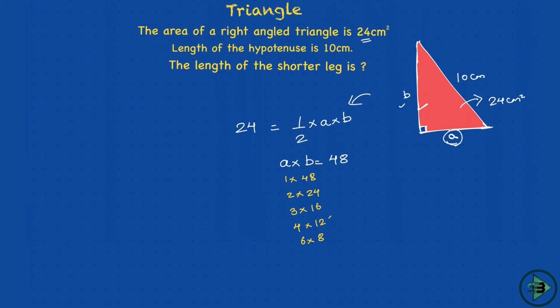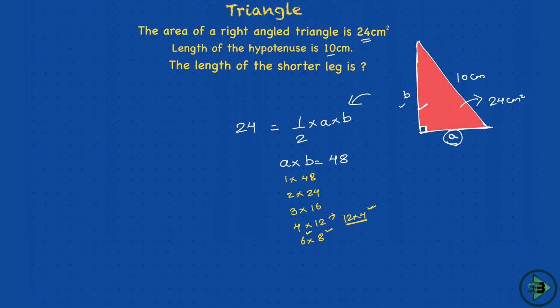Make sure that 12 into 4 is same as 4 into 12. So I'm not thinking in that direction, because I just want to know which is shorter. I want to know the length of the shorter. So what is A, what is B doesn't matter, but I want to know the length of the shorter. Of course, if this is the case, then 4 is shorter and 12 is larger. If this is the case, then 6 is shorter and 8 is the larger. The reverse of it is the same as this. What else do I have?